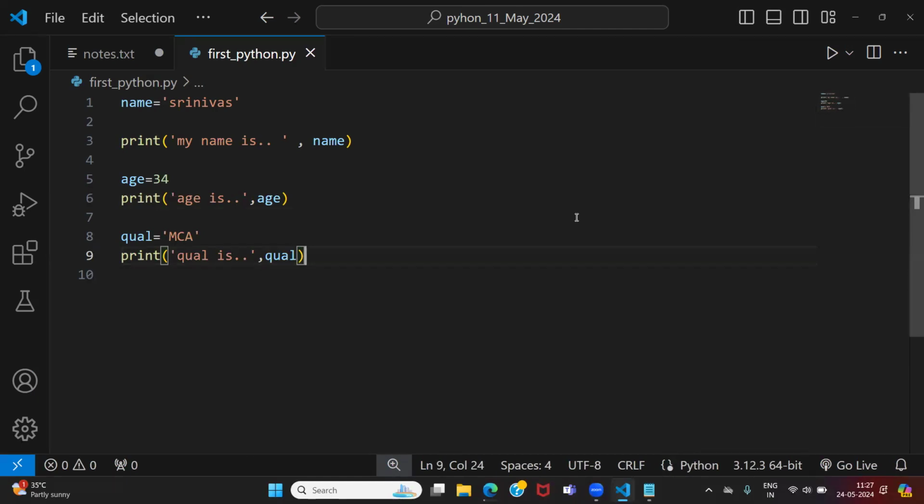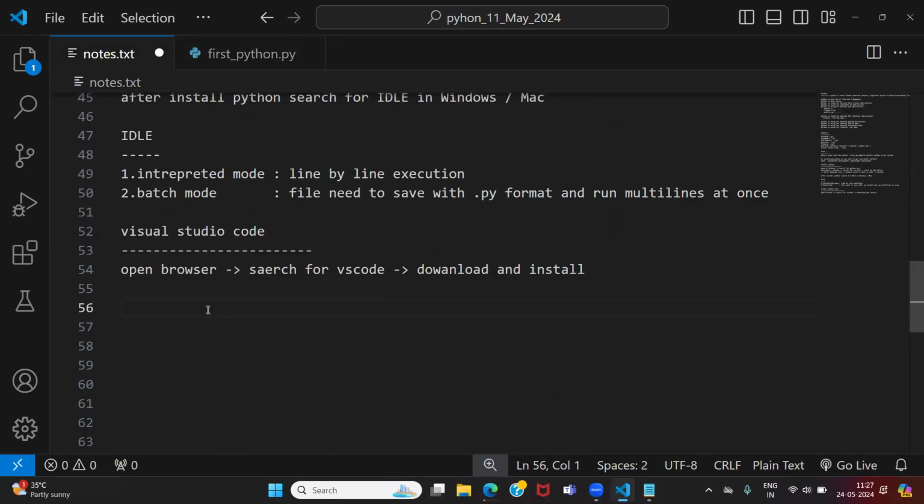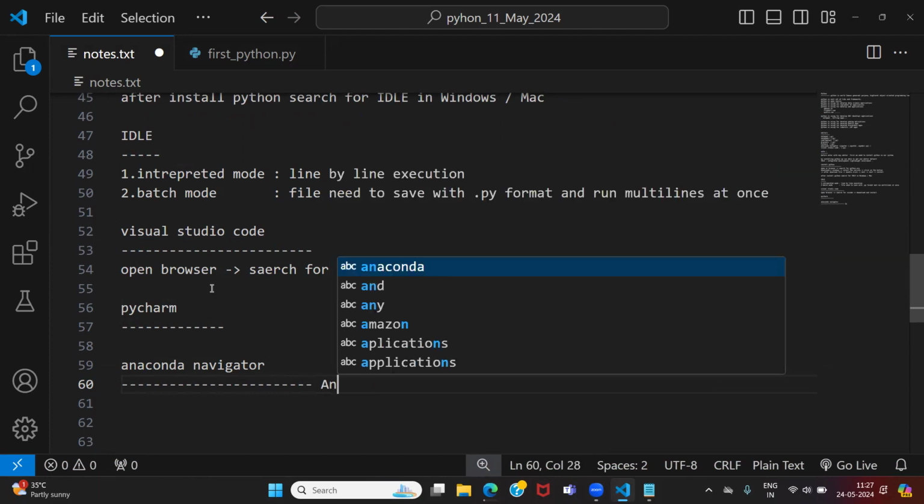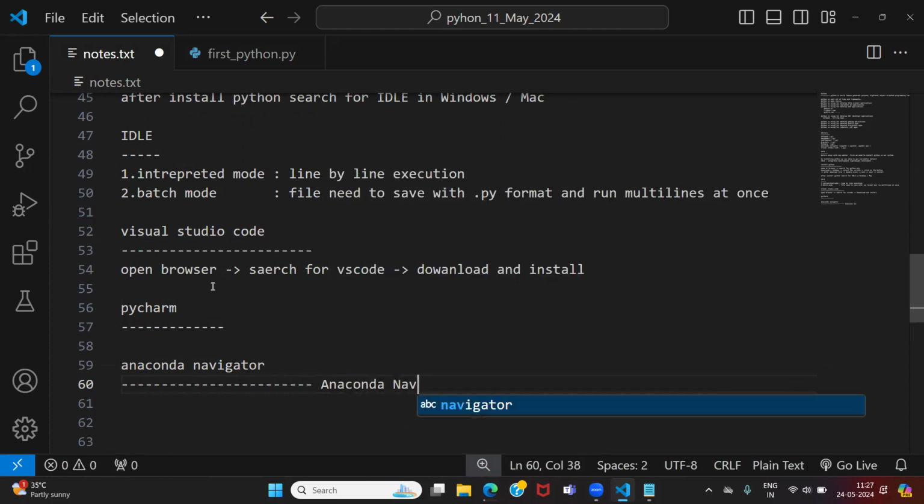And there is one more editor called PyCharm. If you want, you can go with PyCharm also. Install PyCharm and you can write the Python code inside PyCharm also. And there is one more editor called Anaconda Navigator. So install Anaconda Navigator. Anaconda Navigator is an environment